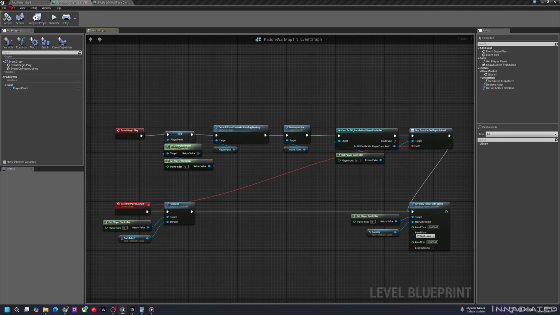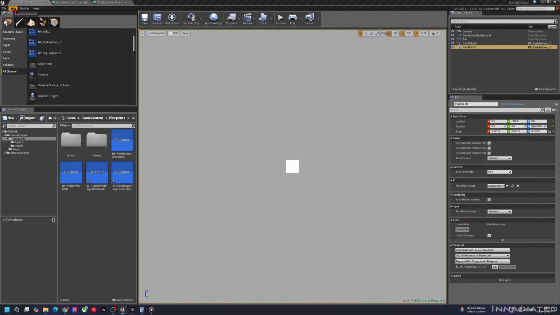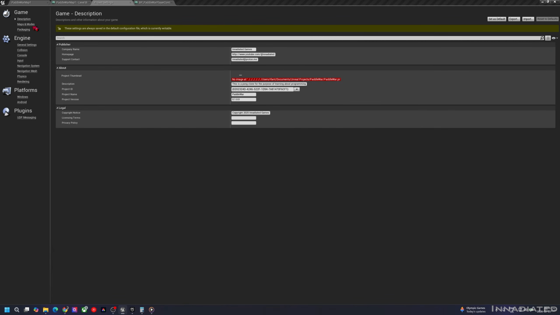So what's next for player input? Well, we're going to have to set up something that's called an axis mapping. Now there are ways that you can do this without an axis mapping, but this is the easiest way to do it. So if we go under the edit menu here and go to project settings, and then we go to this input selection,